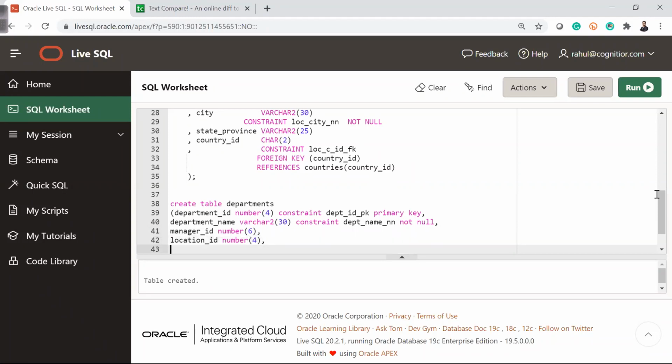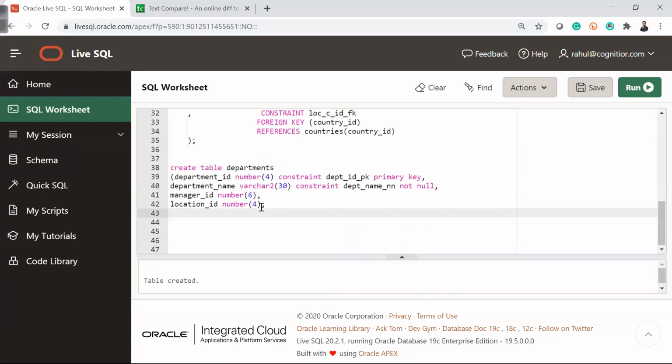Now this location ID is coming from the locations table, so I want to add a constraint. When you are putting the foreign key constraint, you require this comma after that.